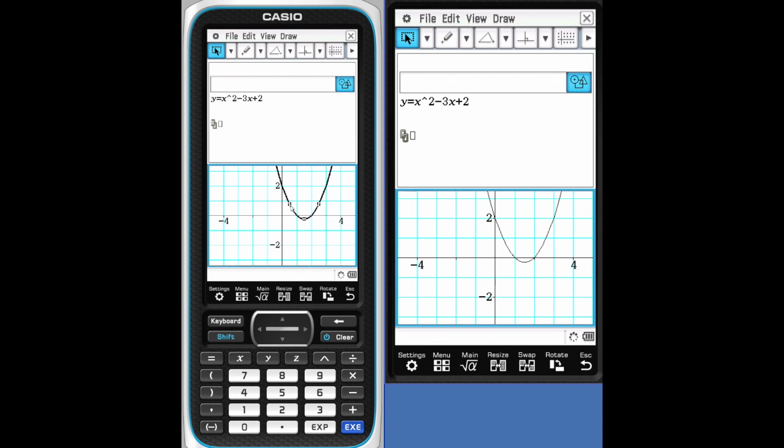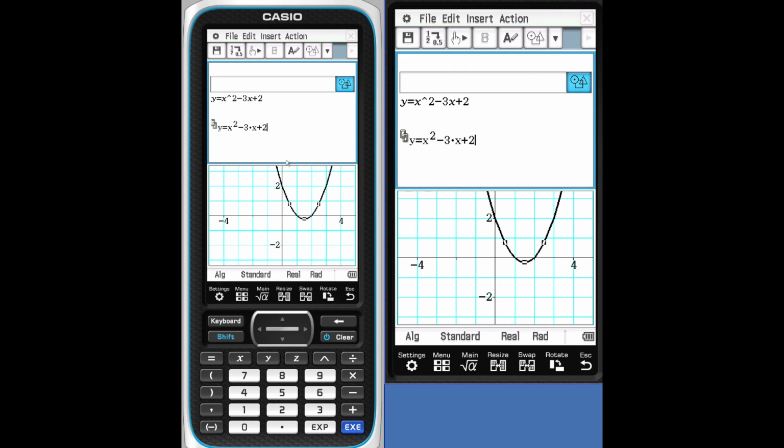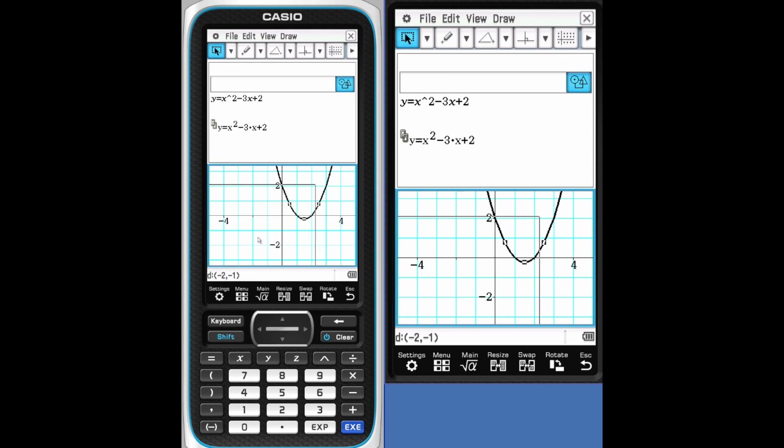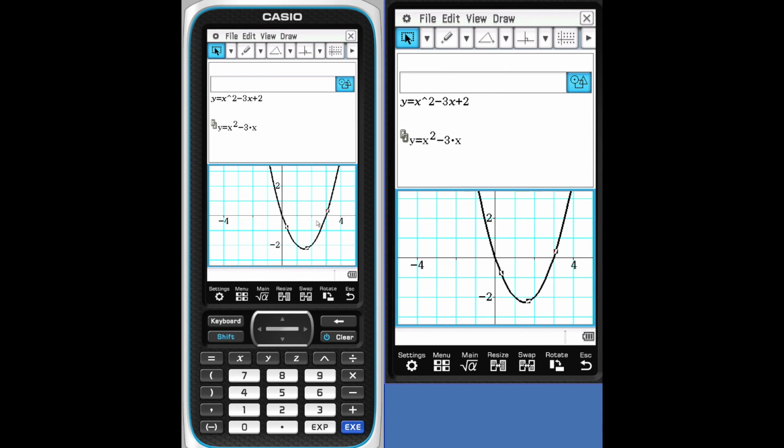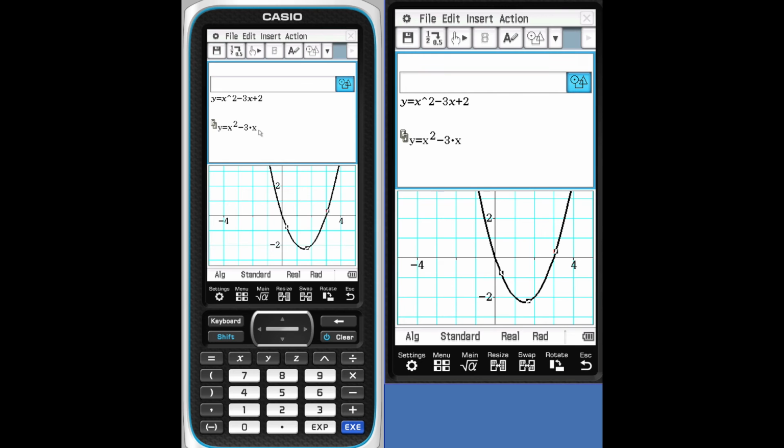So when you select the graph and drag and drop it above, it doesn't look much different until you start changing the graph's location. Drag the graph to a new location and drop it. Now your equation has changed. Drag it to a new location and drop it, and your equation changes. Or come above and make the changes on the top part of the screen and watch the change below.